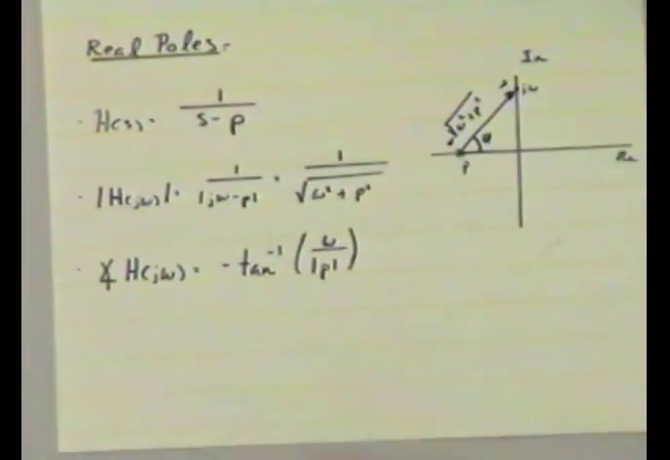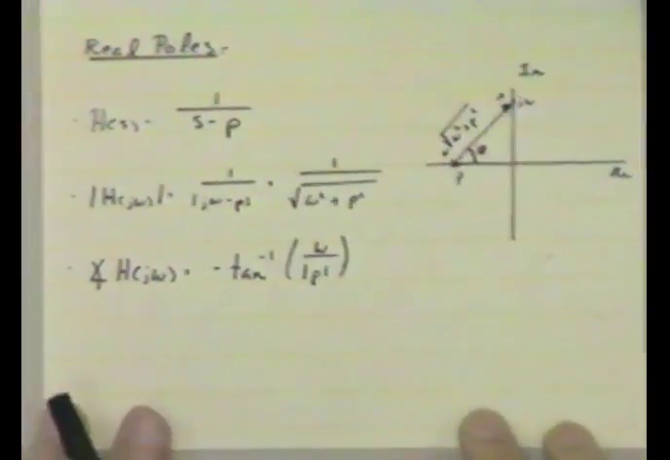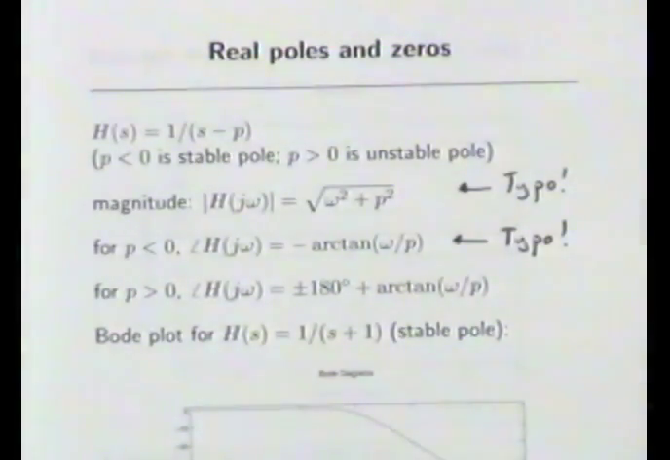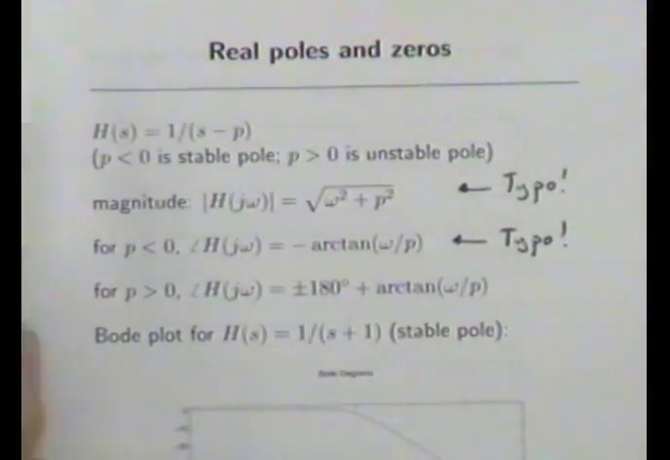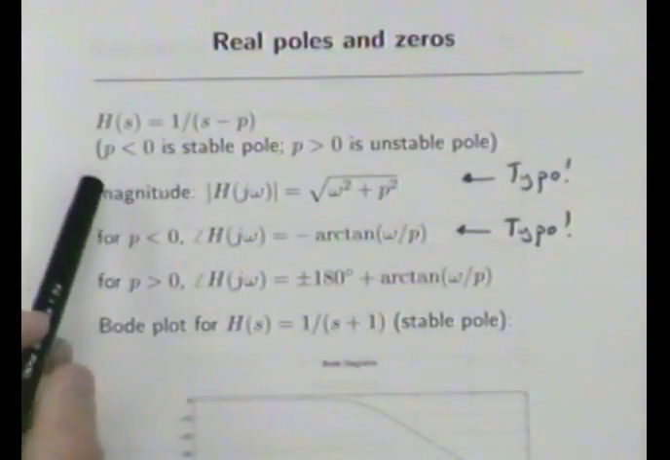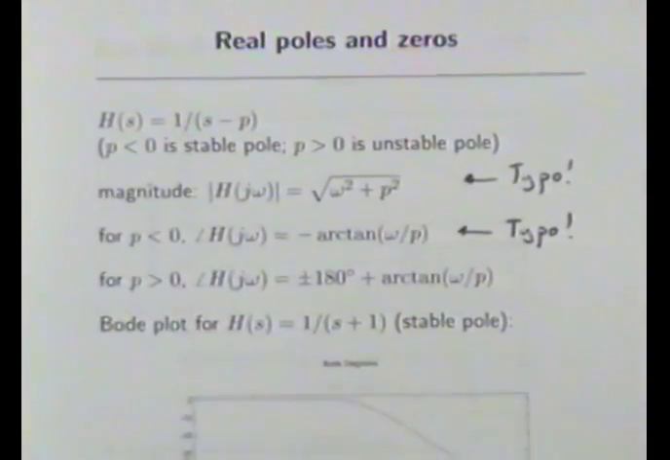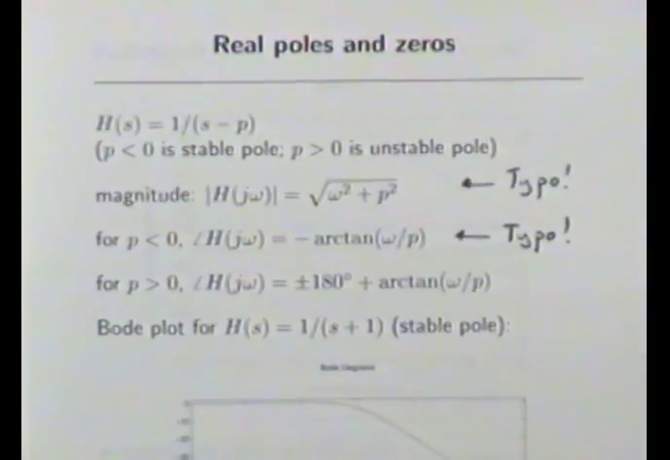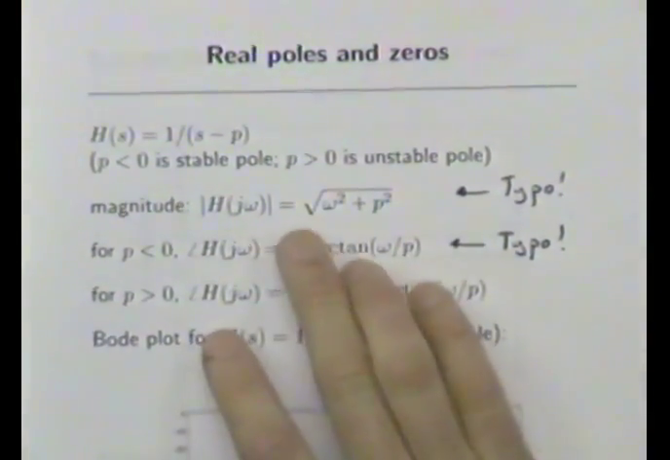Okay, so now we have two of the 5 terms of interest. And let's go to the next easy ones. And those are real poles and real zeros. So here lies our first typo. Here we start out considering the transfer function for a single pole at p, where p is any real number. And the first mistake is here